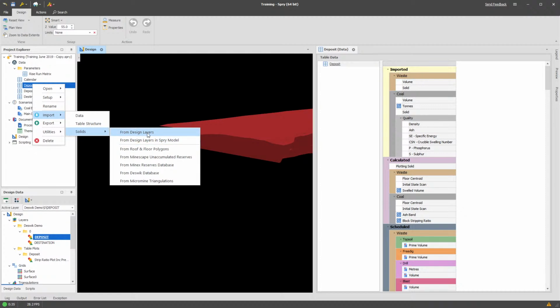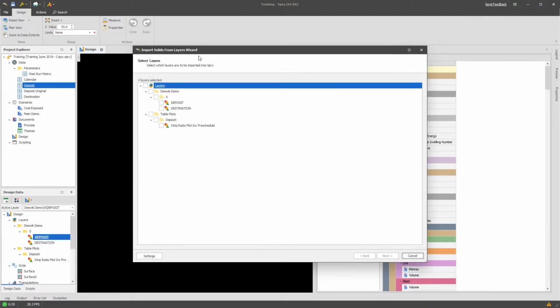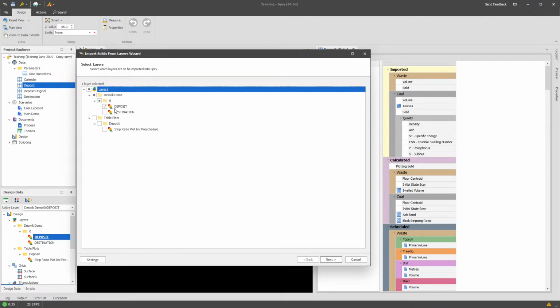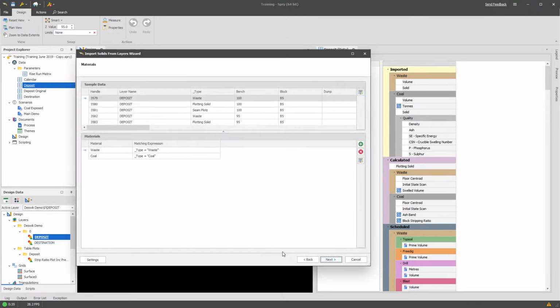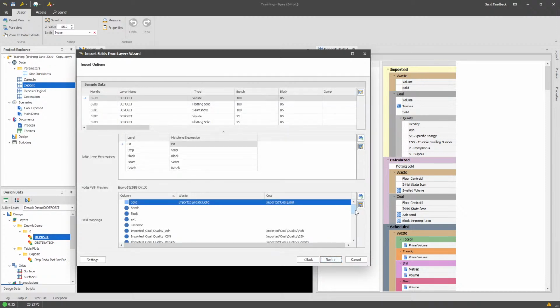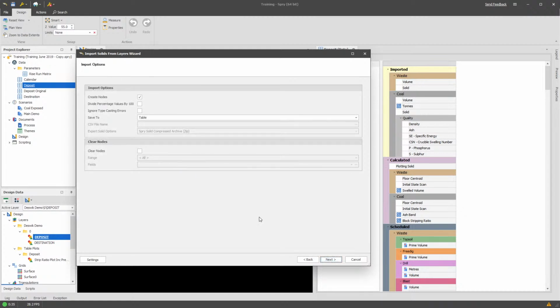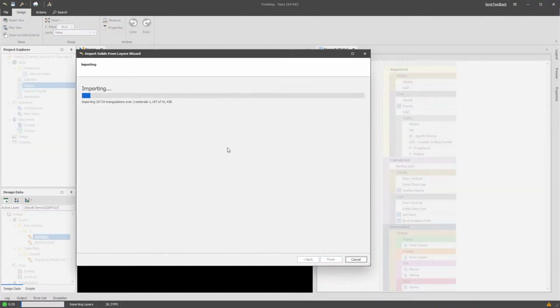If we select design layers, because the behavior will be identical, we can then select any design layers that we've got. In this example, I'm going to pick the deposit. If you're familiar, once again, with the Deswik and Micromine importers, settings are saved, so you don't have to go through the mapping process again. So once you go through this mapping process with the same layer name, you'll find that it matches the same way each time, so I don't have to go through and remap everything. But other than that, it's basically identical to the regular importer. So it's just a way for you to